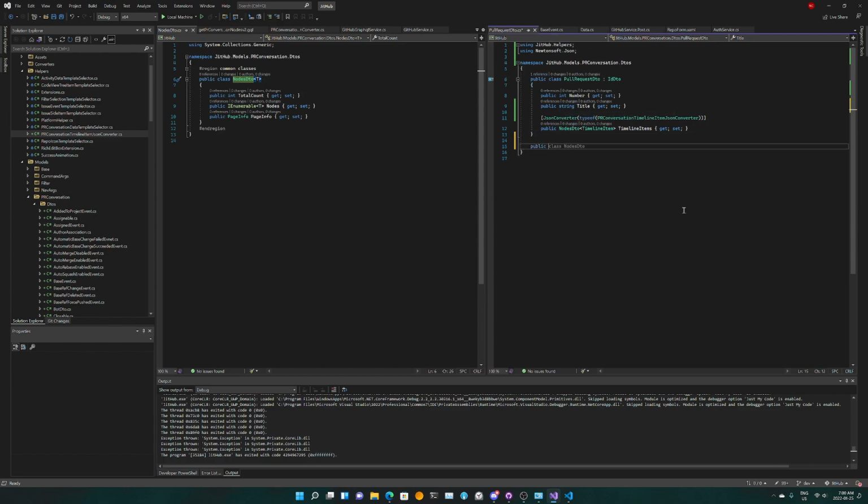So class timeline items, timeline collection, right? Something like this.